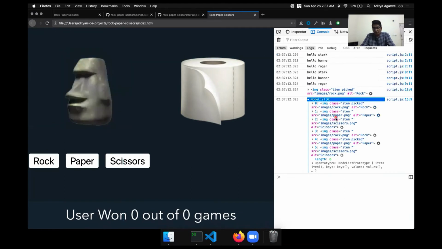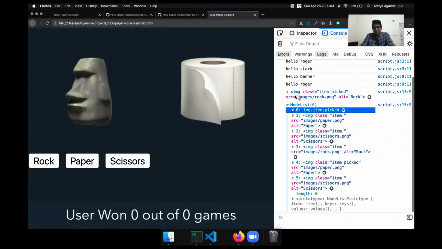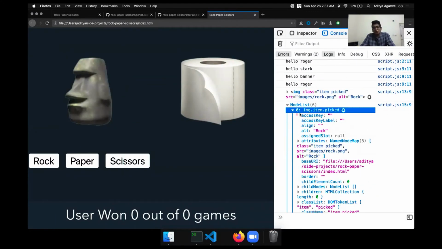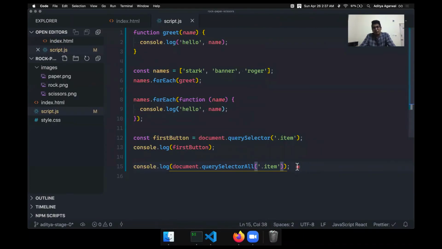One is visible, the other two are not visible, and then this paper one is visible. This array is actually not an array, it's a NodeList, which is an array-like structure, but let's not get into details. It supports most of whatever we work with in arrays, so the length and forEach will work there. So now we know querySelectorAll.